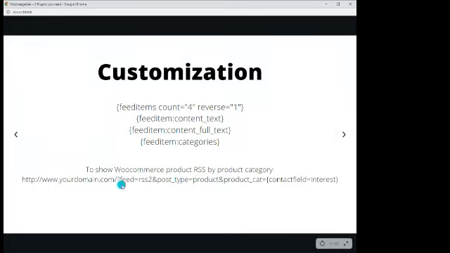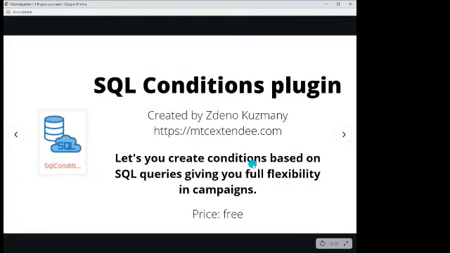For example, this is how you are showing the certain category. And here, as you can see, I especially modified this, because if you can identify the interest of your contacts somehow, either based on products purchased before or website visited before, you can create a feed very easily just based on their interest. So they will see what you do. The point is that you try to be as customized as possible, which means you can find out the interest of your contact and then look for that product category. Okay, so going back to the third one,